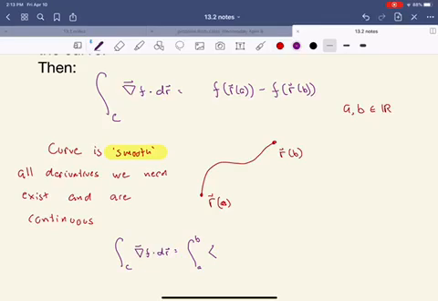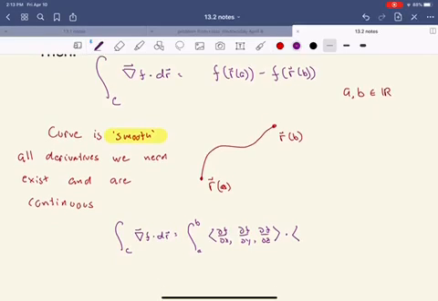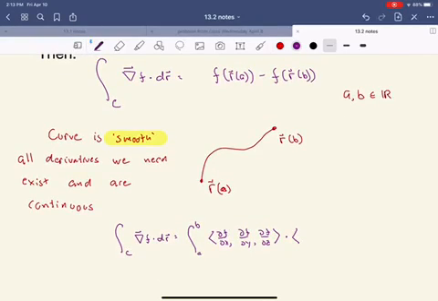The gradient of f, that's the derivative of f with respect to x, with respect to y, and with respect to z. And then you're going to dot that with, so if r of t has some expression x of t, y of t, z of t,